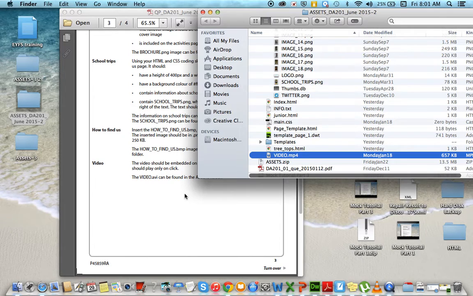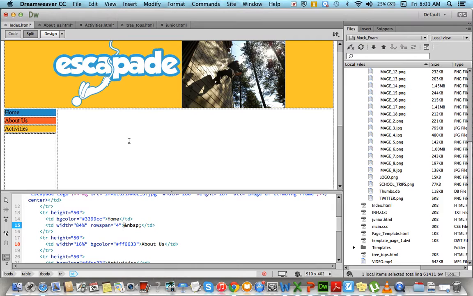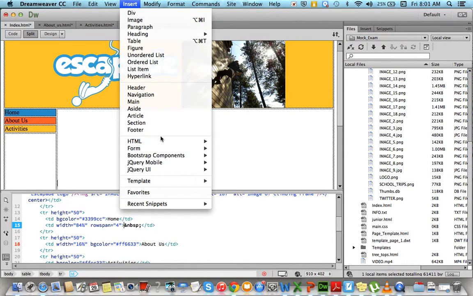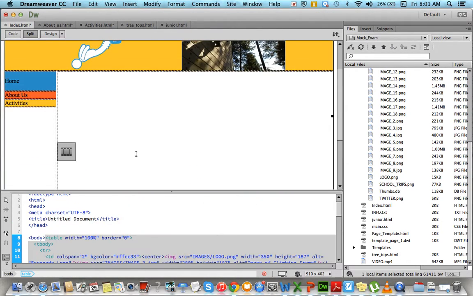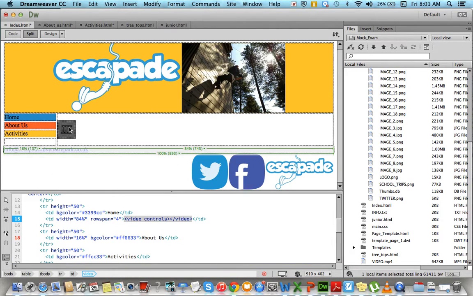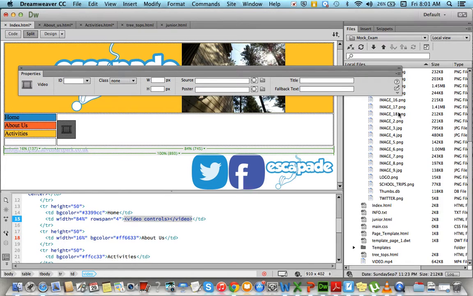So for now, let's embed that video now into our Dreamweaver. So my instructions told me that it had to go onto the home page. So here I am on my home page, and I'm going to go to Insert, HTML, and a HTML5 video. And there we go, I get a little icon to say that I've got a video in there. So if I double click on the icon, my properties menu will open up. Now, if you can only see half of this properties bar, you need to look for the little arrow in the bottom right hand corner of the properties bar. So if it looks like this, you need to click the arrow down